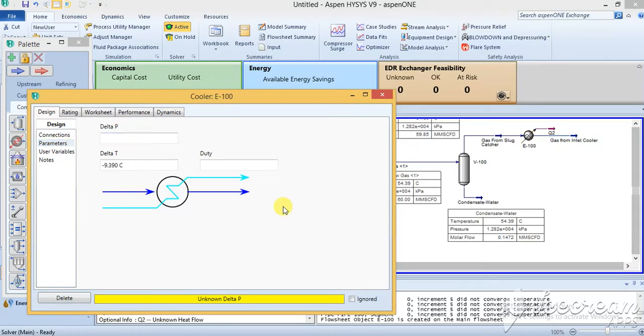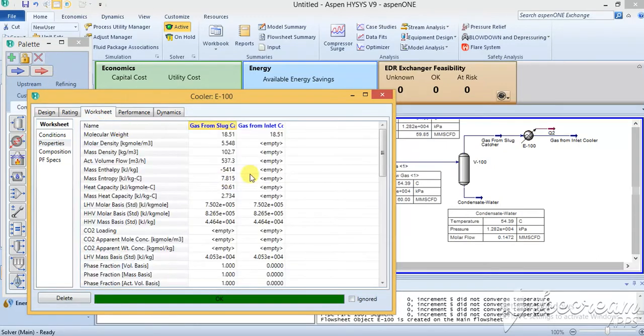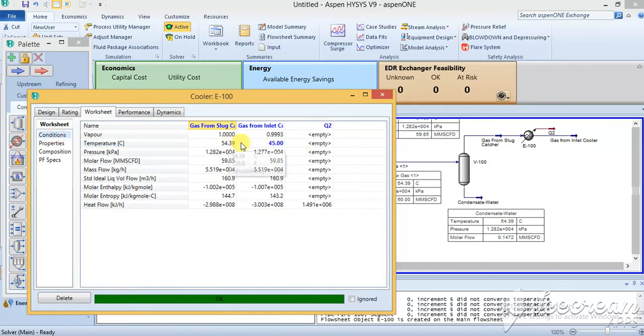If I click that, you can see at the worksheet conditions that the temperature is 45, and the 50 kPa pressure drop that I have given has reduced the pressure to 1.277 times 10 to the power 4, and here the vapor fraction is